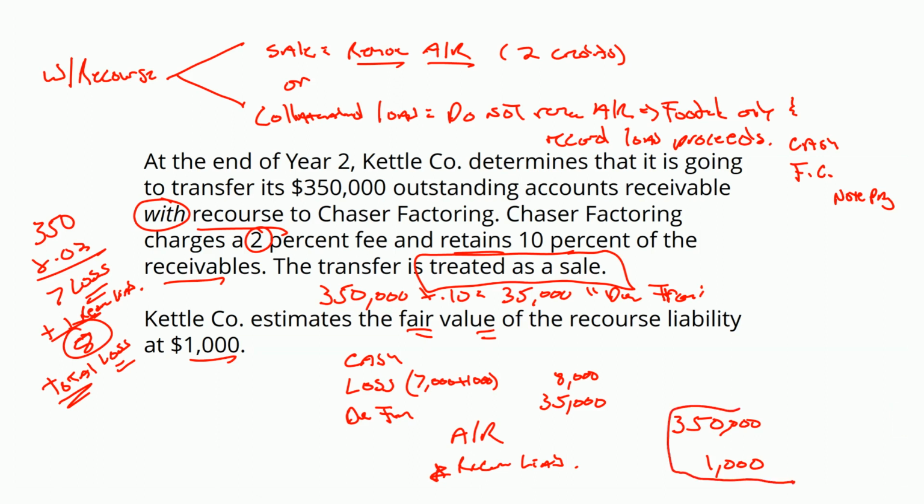So now, add up your total credits for me. You ready? Your total credits are $351. Take your total credits minus your debit of $35 minus your debit of $8. What's got to be the other debit so that our balance sheet balances? Well, it's got to be $308. Okay, it's got to be $308. Okay, so that's a with recourse example where it was treated as a sale and they told us it was treated as a sale. We didn't have to read into it.